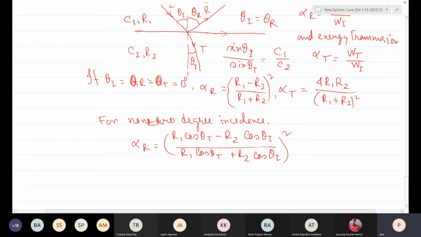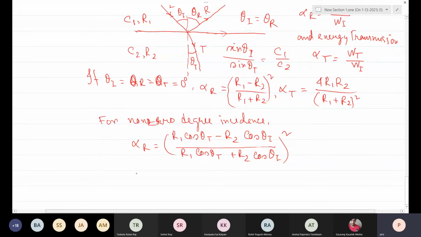Hello, sir. Yes. Sir, R is the characteristic impedance. Sir, then how is the intensity of light related to the characteristic impedance of the medium? No, this is for the sound. I mean, it is similar to light. For the light, this will be refractive index N1, this will be N2, and this is N1, and this is N2.